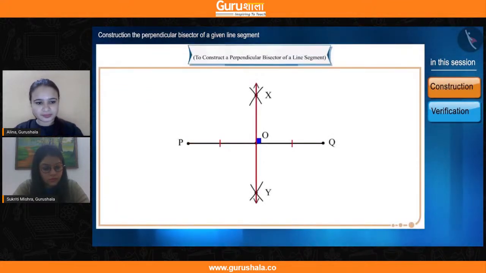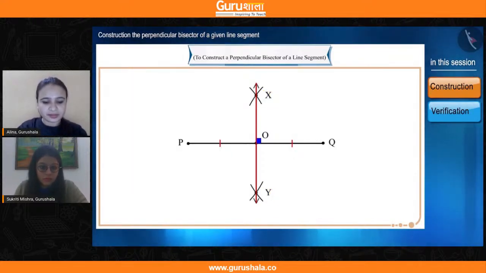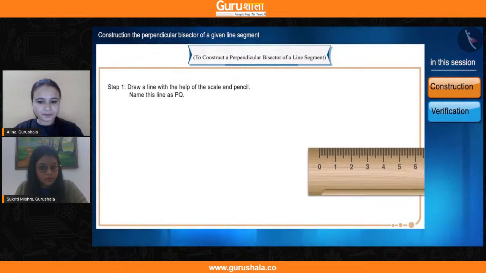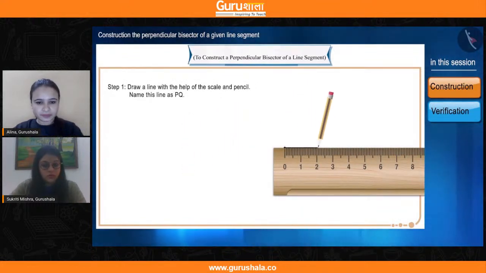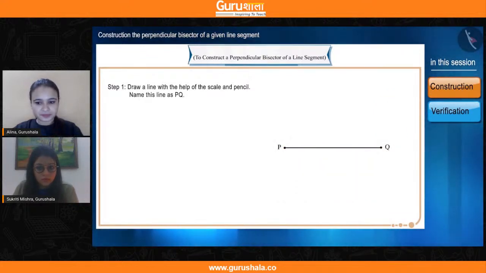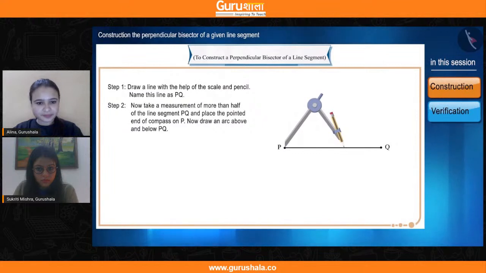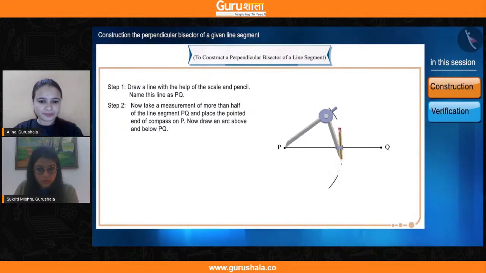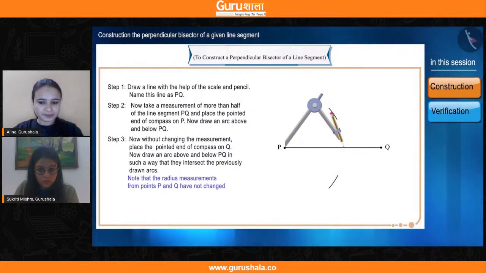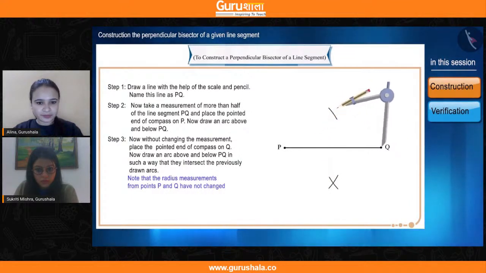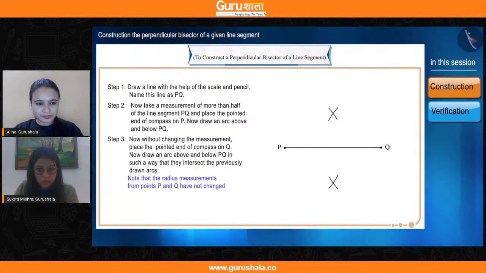Let's assume we have to construct the perpendicular bisector of PQ. So let's start the construction. The steps for this construction are as follows. With the help of a scale and pencil, draw a line segment. Let's name this line segment PQ. Now, taking a measurement of more than half of the line PQ, place the pointed end of the compass on P and draw an arc above and below PQ. Now, without changing the measurement, place the same pointed end on Q and draw arcs below and above PQ in such a way that they will intersect the previously drawn arcs. Note that measurements of